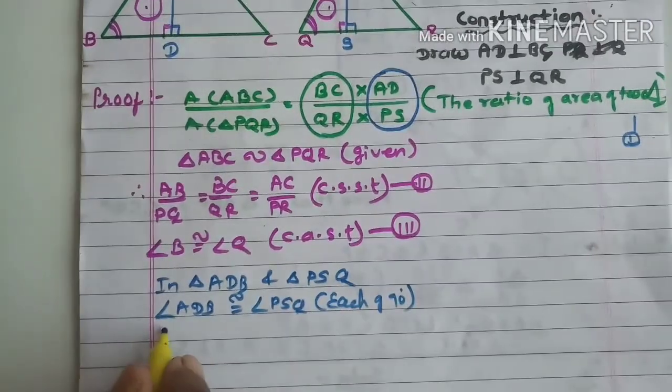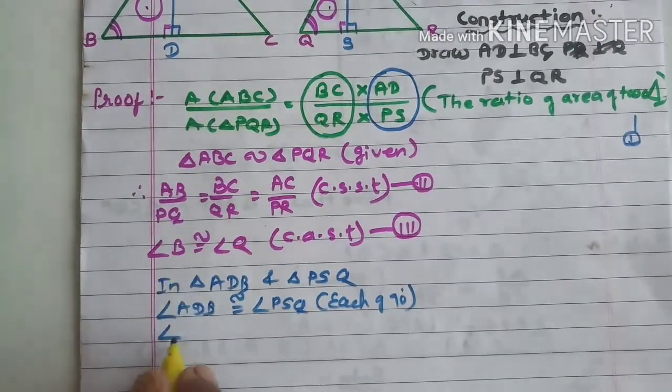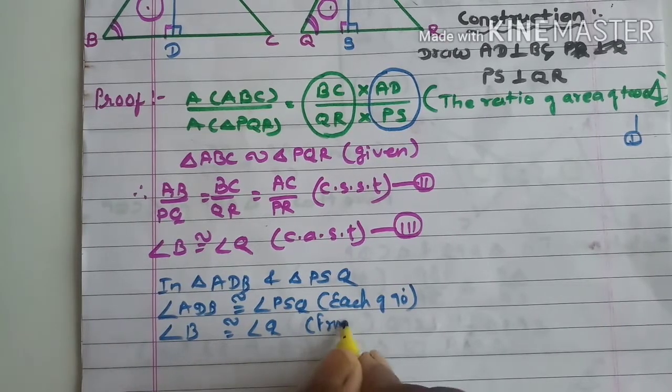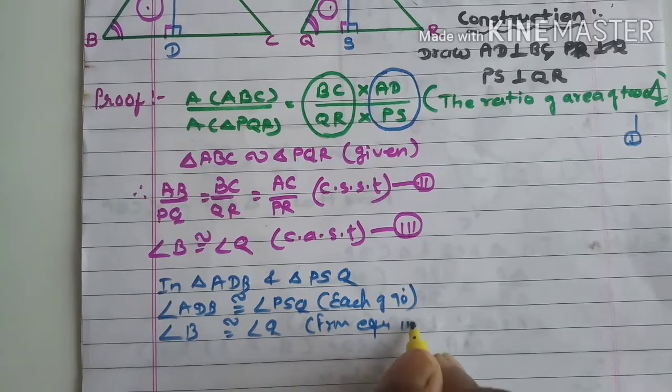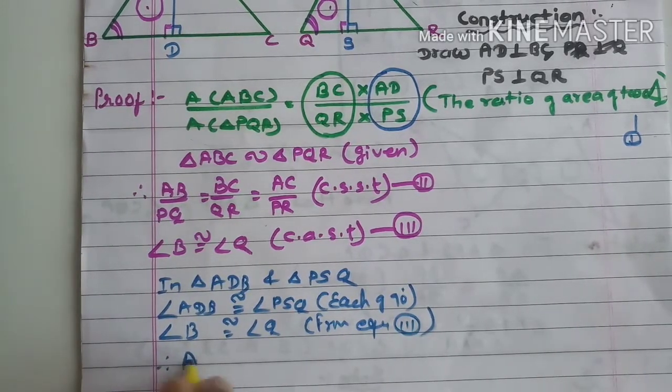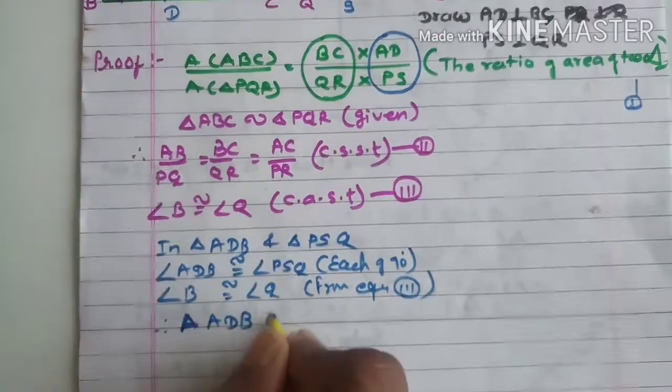Okay, and angle B is congruent to angle Q from equation number 3. Okay, so triangle ADB is similar to triangle